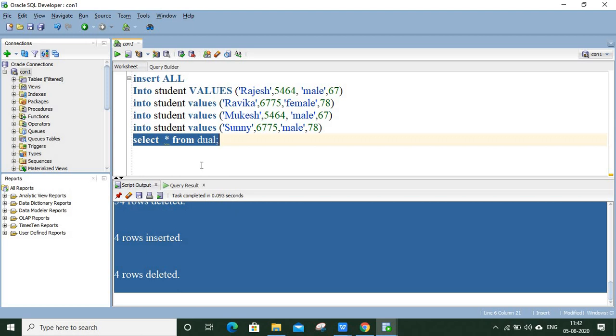So if this select command returns only a single value, then it will enter these rows only once in that table. If the value returned is 2, that is, there are 2 rows returned from this select star from dual command, then it will enter every row in this student table 2 times, and so on. So let us see how it works with a single value returned from this select command.